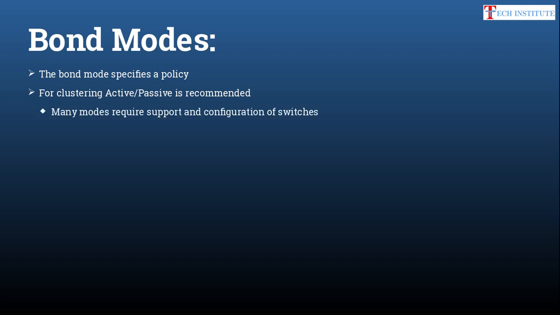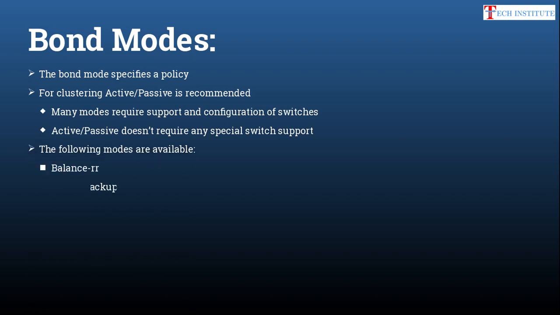and there are many other options available also, but you need to keep in mind that if you are using some other option for your bond configuration, in that case you may need to do the required configuration changes on the switch end also, and sometimes some switches don't support all these modes. So if you are planning to use some other mode, always check the compatibility with the network switch also before proceeding with that. But if you are using active backup, it doesn't require any kind of special configuration changes in the switch side.